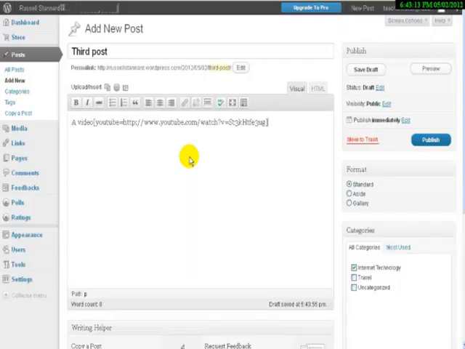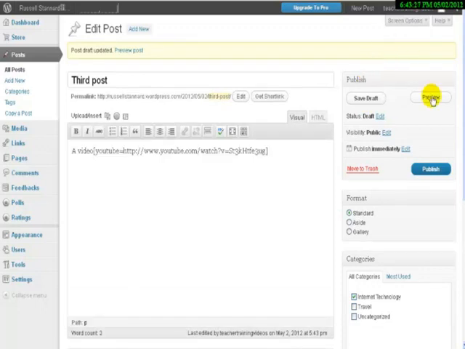What we should see when we now view this, and we're going to save that draft, and in fact we're going to publish it. Remember, when you save a draft, it is not actually published. What we actually want to do in this particular case is to publish our post. So we're going to publish it here, and hopefully we will see